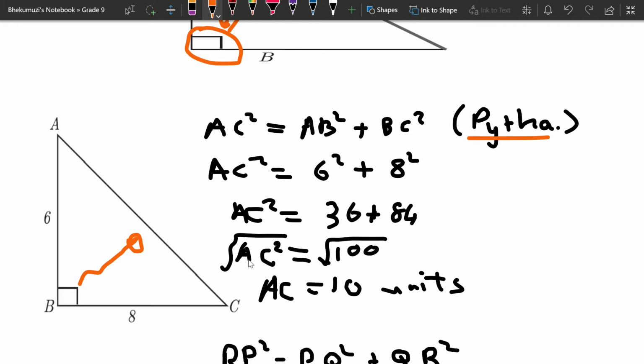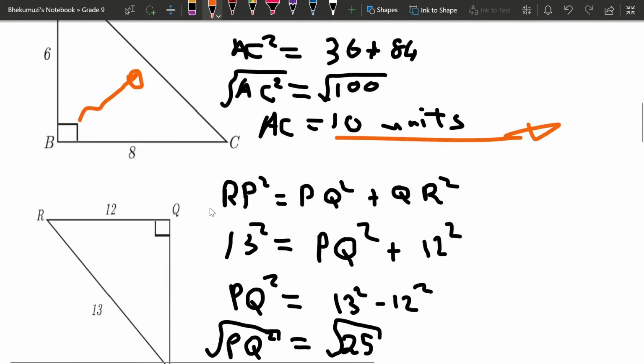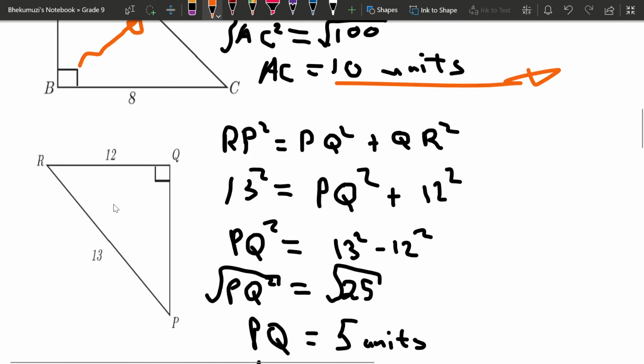But then to get AC, you need to square root both sides, and then you'll get that AC equals 10 units. Now, I said units because this is some type of length, but they didn't say how long it is, so you rather say it's units because it's some type of length. It's not just a random number. Okay, and then we look at this one where we have